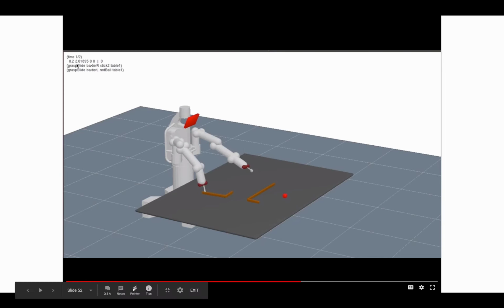And now you can see here already these are two sequential actions. So first we execute one action and then the second action, and now we see whether the result of the second action is feasible. And in this case, it's grasp red ball with left gripper of the robot. It's not feasible, so there is a certain threshold. If the distance is higher than this threshold, then the task is not solved. But the first action was executed successfully. The first action was to grasp stick 2, which is a small stick,